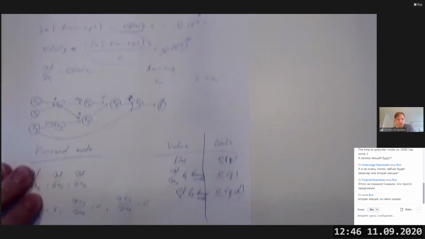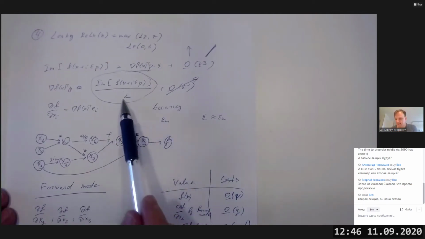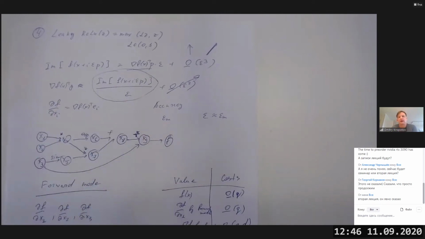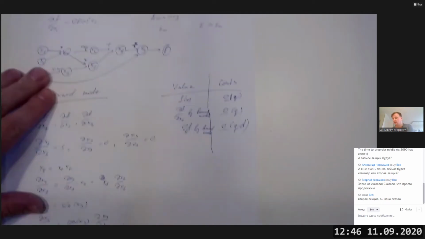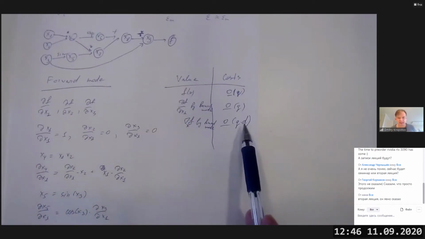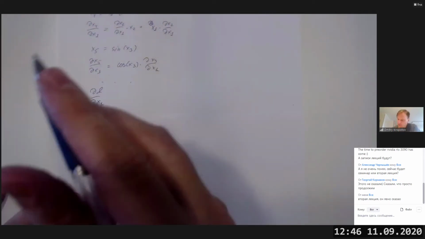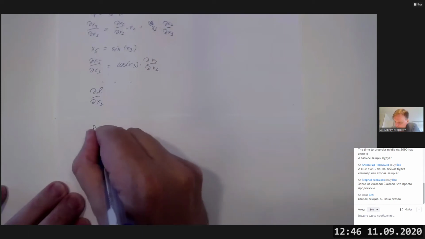So for the forward mode, we have exactly the same problem as we have in the finite difference calculation. We need to calculate it for each possible variable, and for a neural network, this d would be a huge number, and this forward mode would be absolutely inefficient for calculating the gradient in this case. So that is why people usually use what is called the backward mode